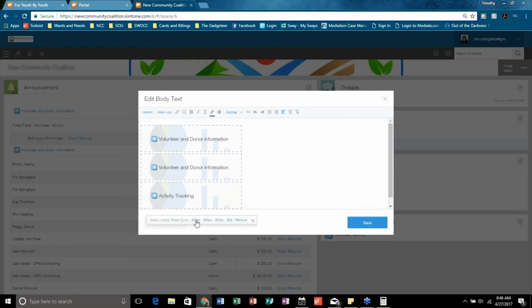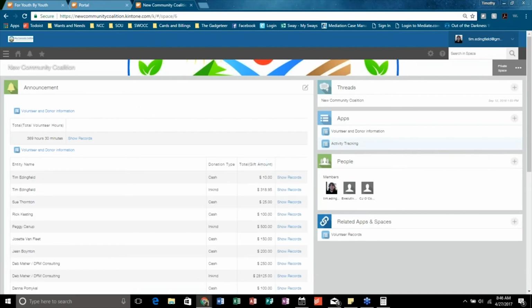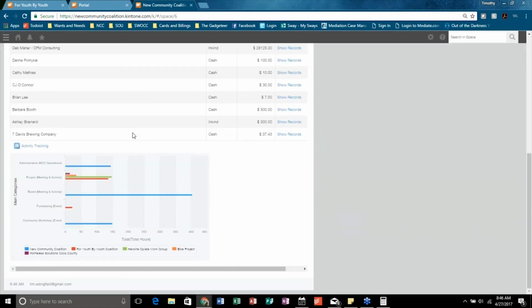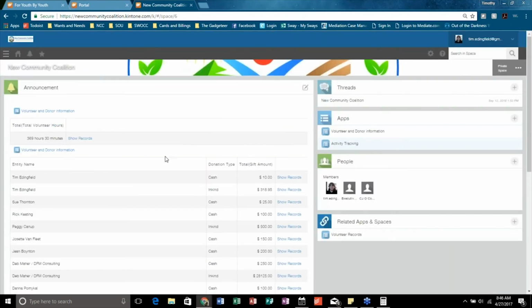Then, since it's pretty small right now, we want to increase the size. So we can say we want it to be 800 pixels long instead of 400. We hit save, and then the page will refresh, and there's our activity tracker. And you can change the order that these show up in. You can change the size. It's, again, customizable is the key word.